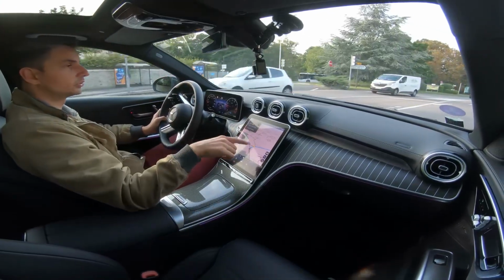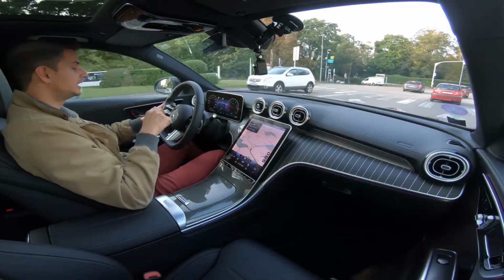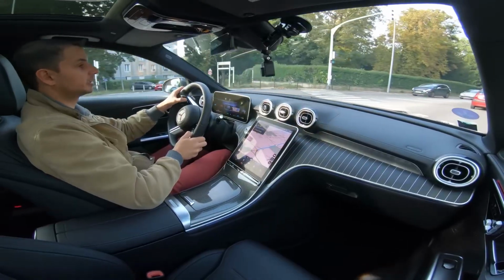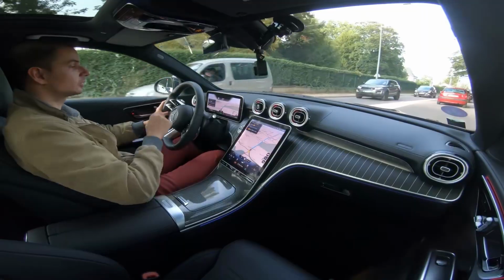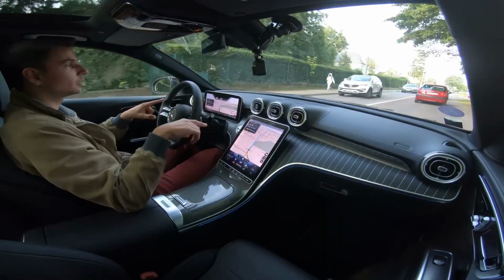Regarding the global positioning system, we have it here as well, and it's large with excellent readability. We can do the same thing here. So on the screen, when I touch home, I can switch to navigation mode. So now I have navigation on the big screen, here and here. And to be honest with you, the Mercedes screens...